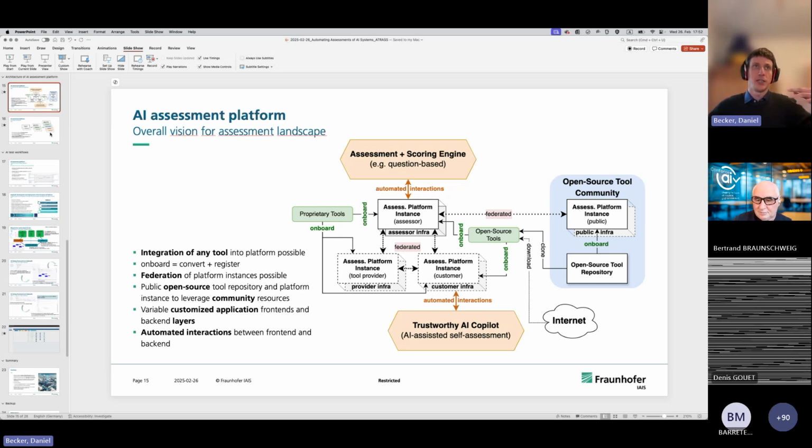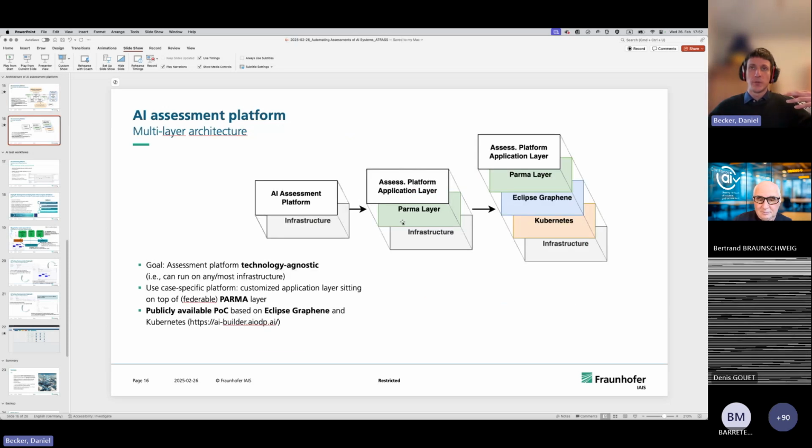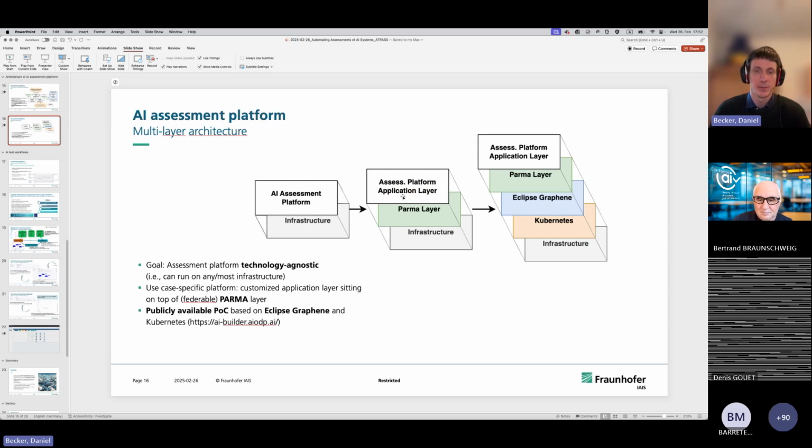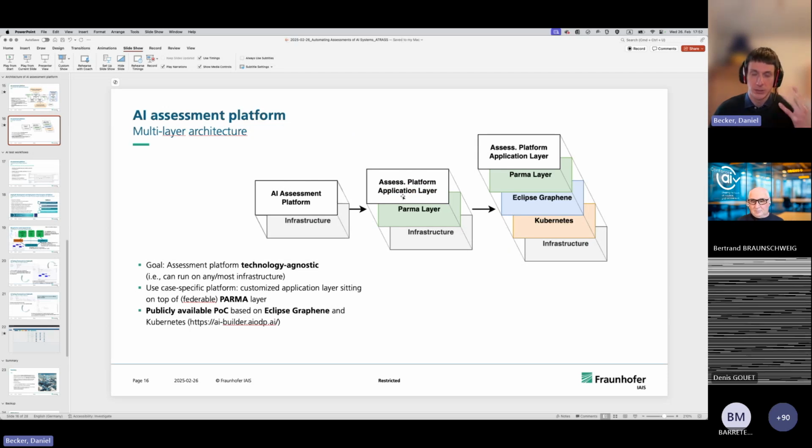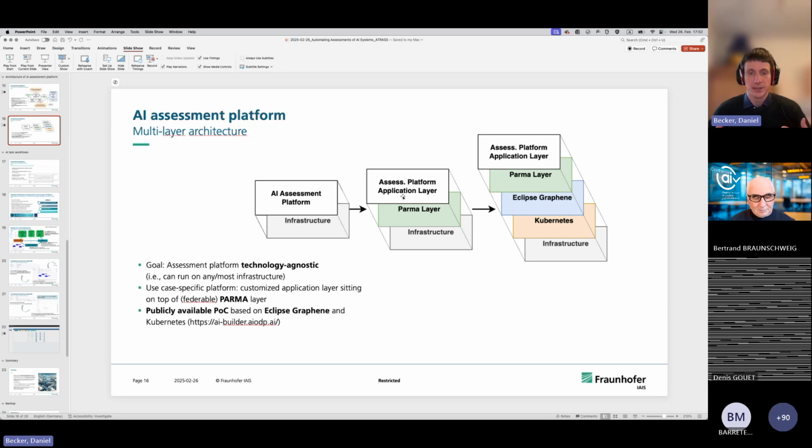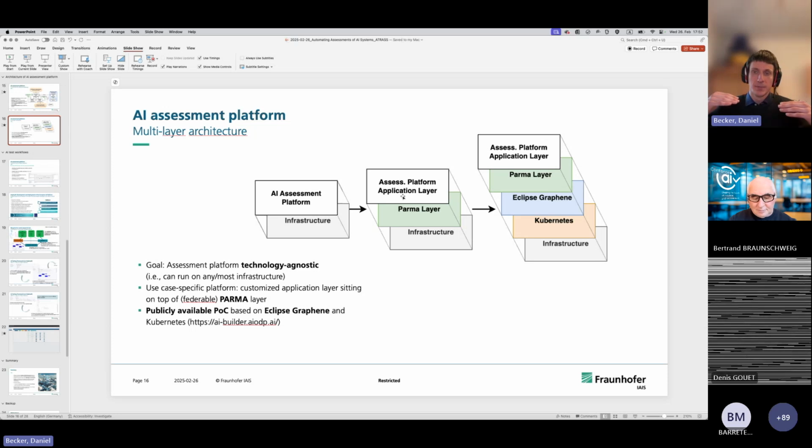as I said, some kind of application layer on top of this platform. Depending on the use case, and I mentioned a few, AI testing in development will be different from model benchmarking. So the platform architecture, the base layer, should be compatible with all of them, but will not provide all the functionality you need for each individual use case. So there will probably be some layer on top of this, but this should all in the end be